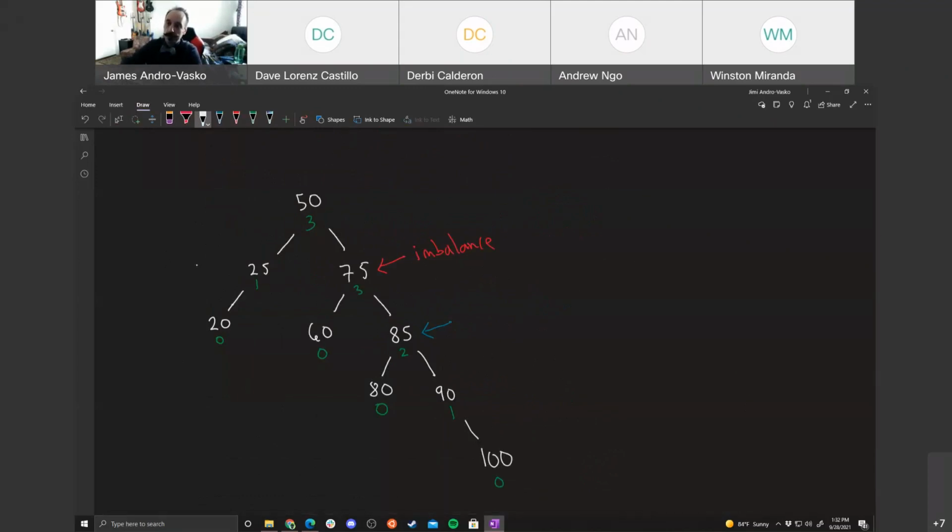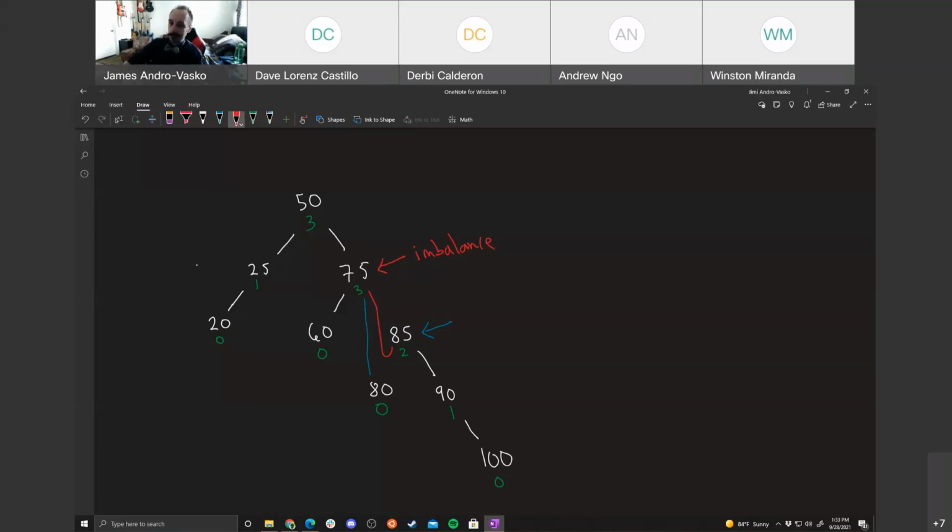Well, we're going to first have to set 75's right pointer to point to 80. So we're going to erase this and have it point to 80 as our first step. Very simple single assignment of a pointer. And then 85's left pointer is going to point up to 75. So now 85 will be the parent of 75 from now on. And then we're going to return this 85